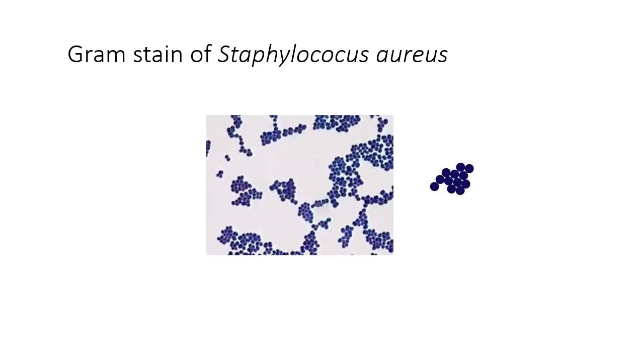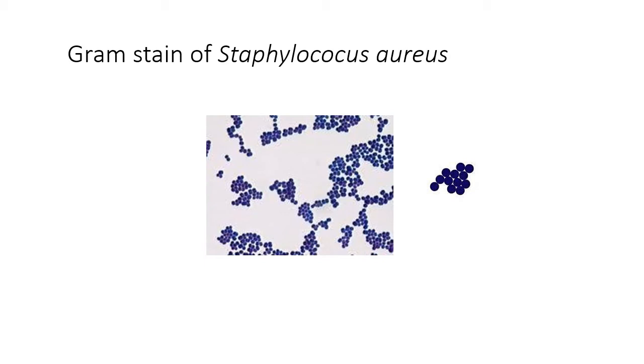So you're already familiar with this particular smear. This is a smear from a colony. I wish we were face to face and I could ask you what you see, but just think in your mind's eye what it could be. So yes, this is gram-positive cocci in clusters. And when you see gram-positive cocci in clusters, you start thinking that it belongs to the family Micrococcaceae, of which Staphylococcus is an important member.